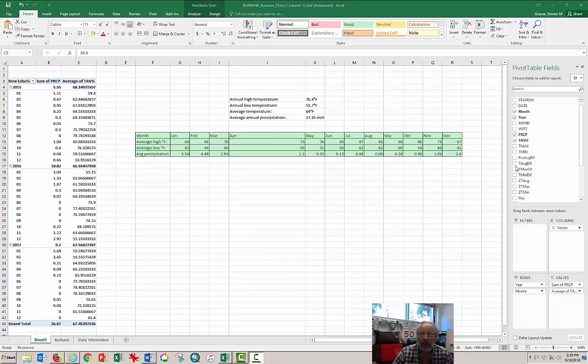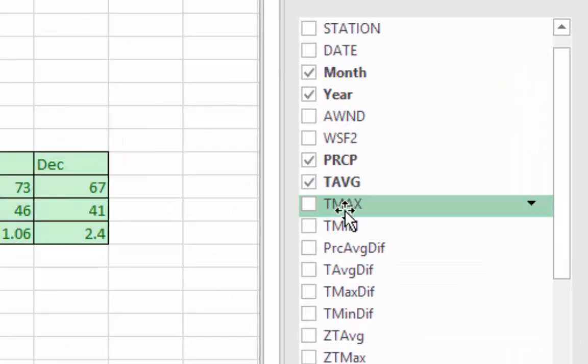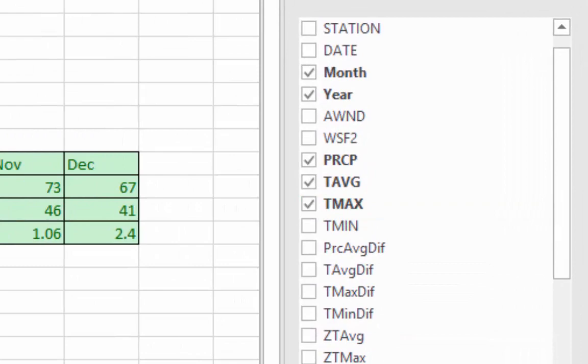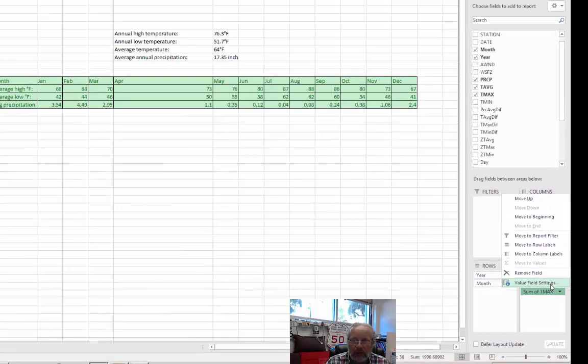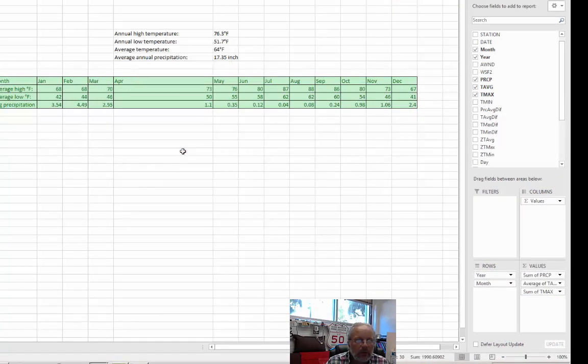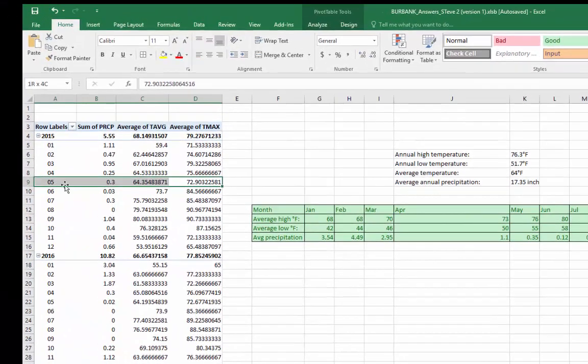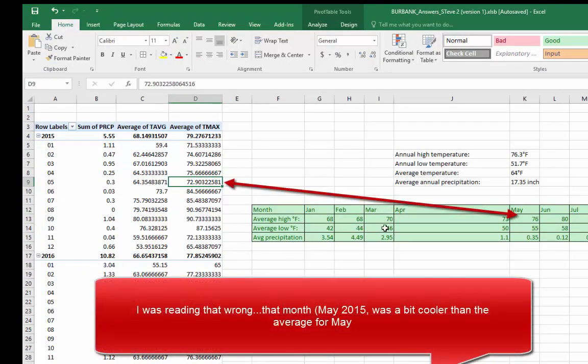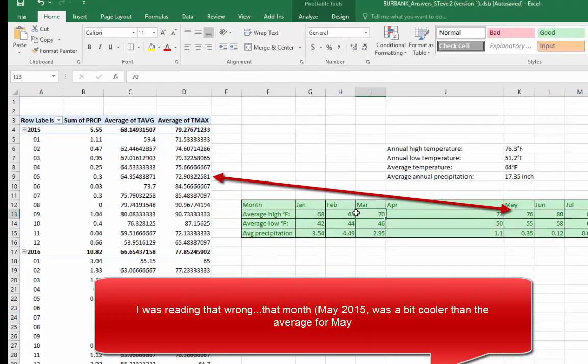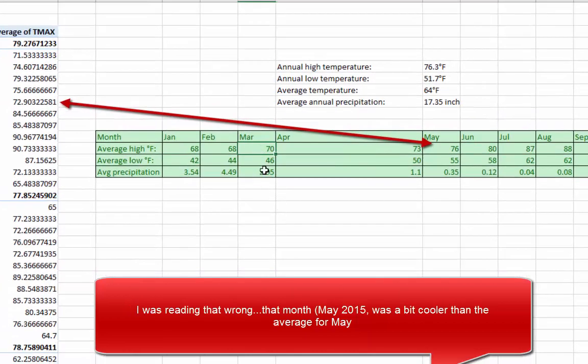If you wanted to add, for example, the observed Tmax to this data, just click on Tmax and again change that value from sum to average, and that allows you to compare the average temperature maximum for each of those months. So there's the average value 72.9 for May in 2015,